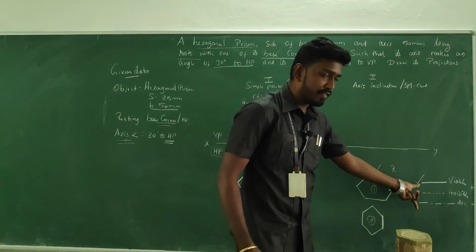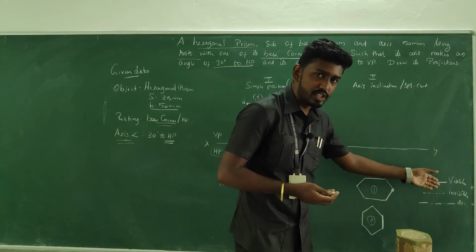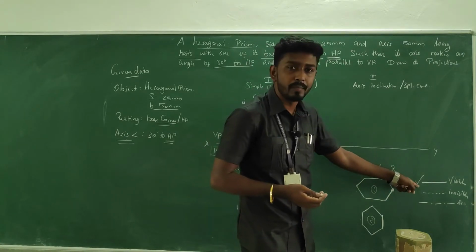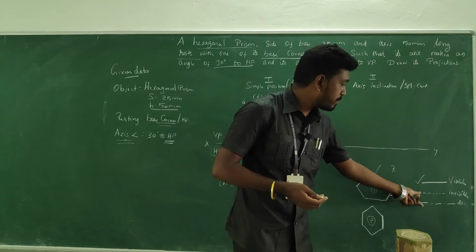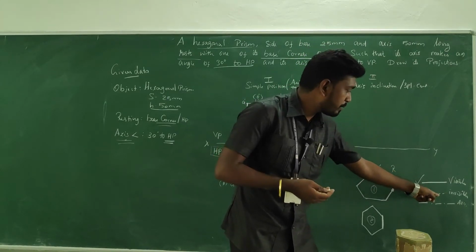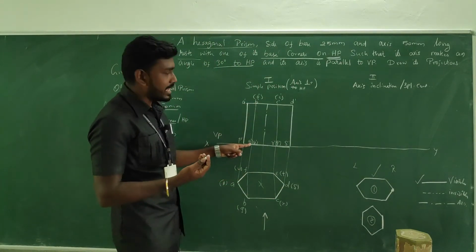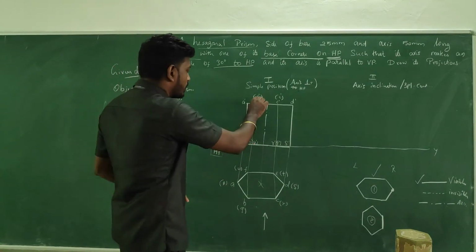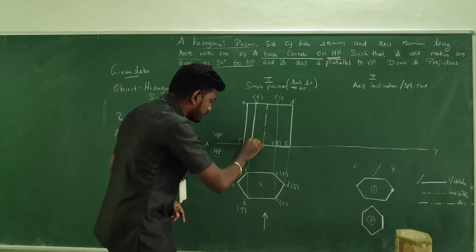If in the same place you are having three lines, visible, invisible edge, as well as the axis, you have to give preference to visible. If you are having invisible and axis, we have to give preference to invisible. Here visible edge B and Q is there, the longer edge, and F and U is there. So preference should be given to the visible one. So make it a dark line.